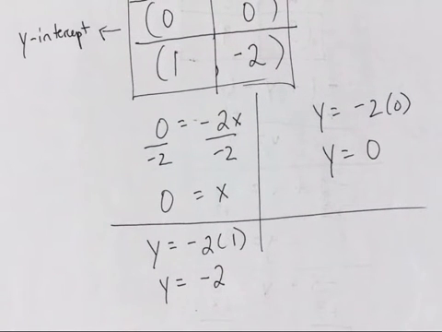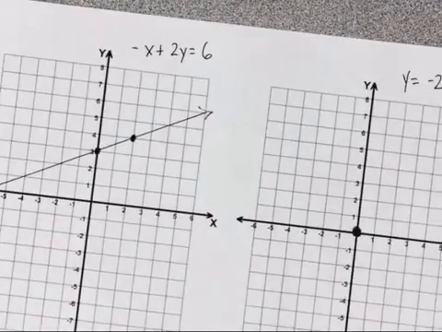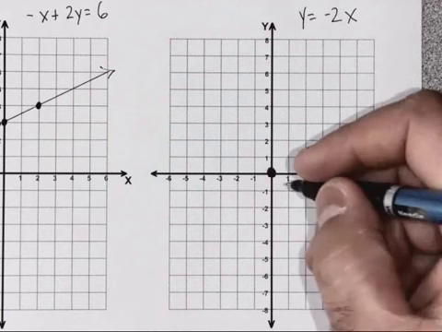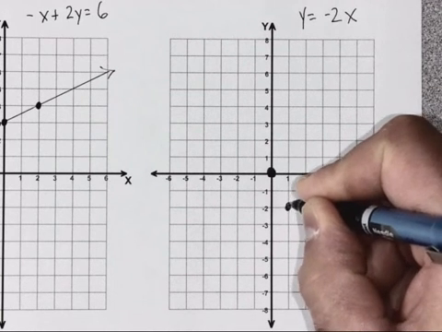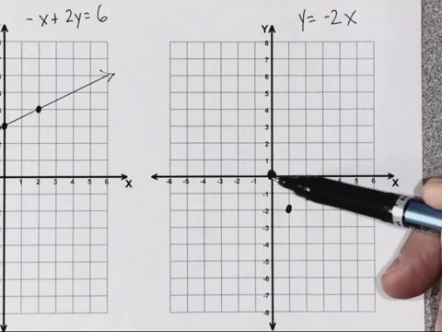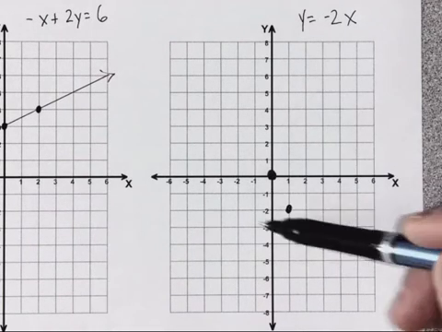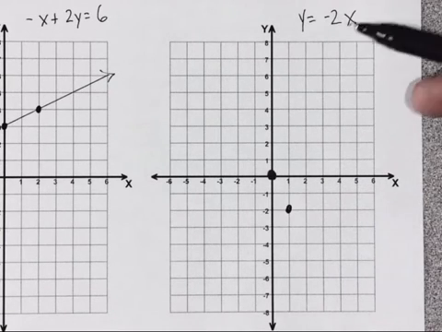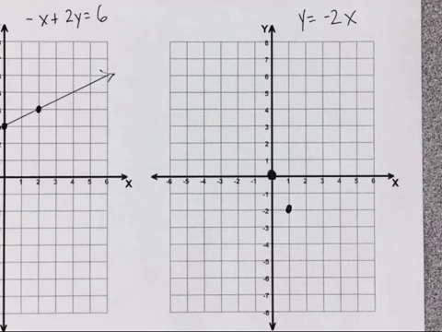And that point, 1, negative 2, is located right here. And we technically could stop there, but like I said, if I fix one of these points, I can move this point basically anywhere and form a line, and I don't really know if that line is correct that matches this equation. So let's do another point just to be sure